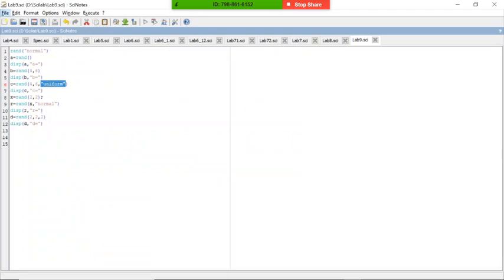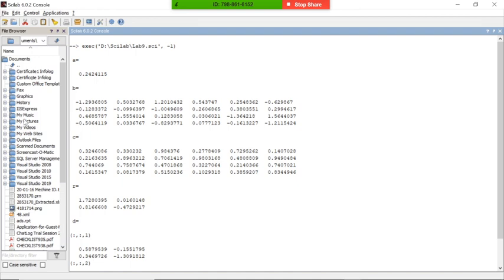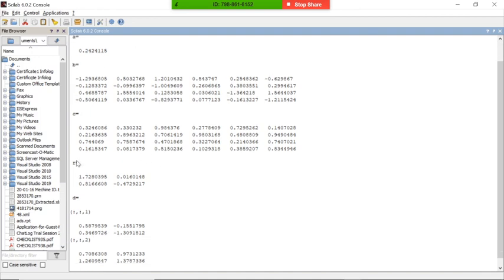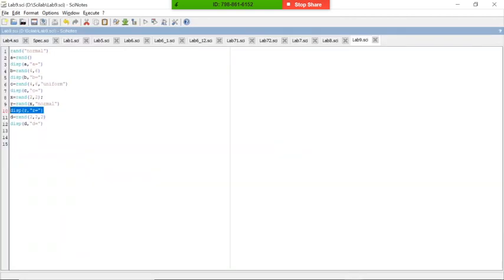Another thing here, I'm creating a random 2 into 2 matrix, passing that matrix, wanting a normal output, and displaying the matrix. For this one you can check out r is equal to this one, and finally we are specifying a 3-dimensional matrix and displaying it.